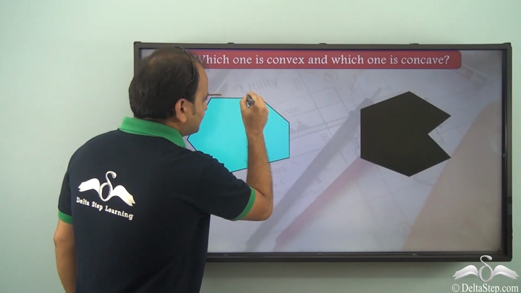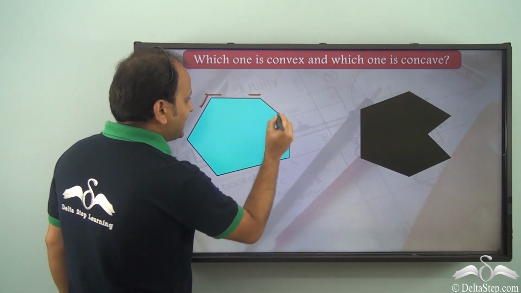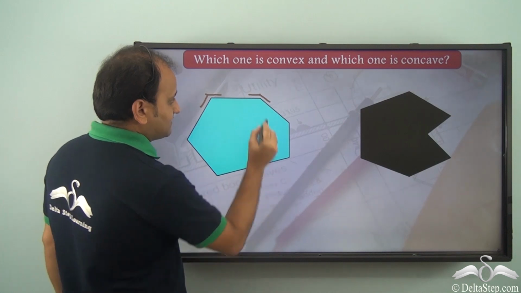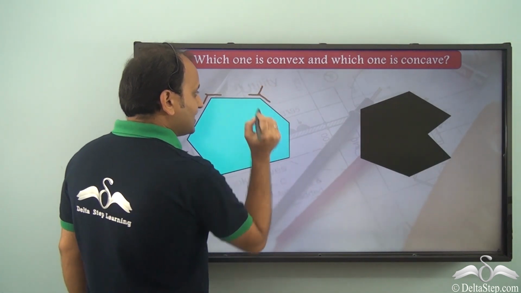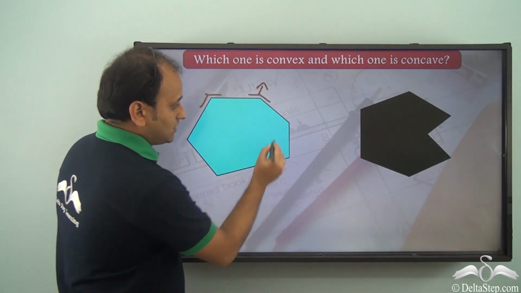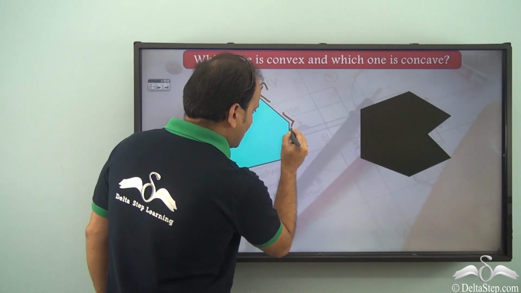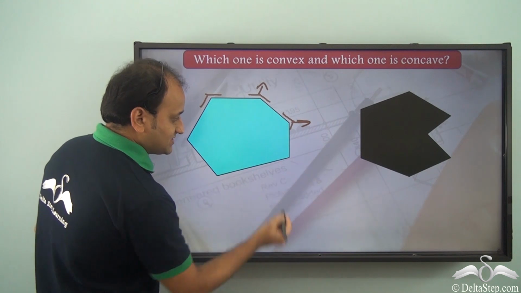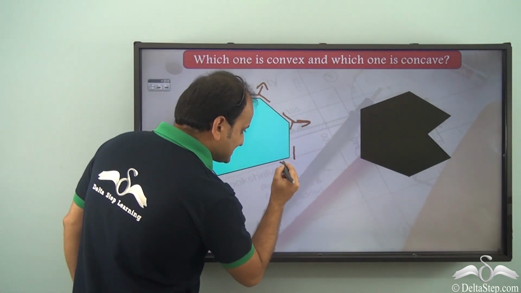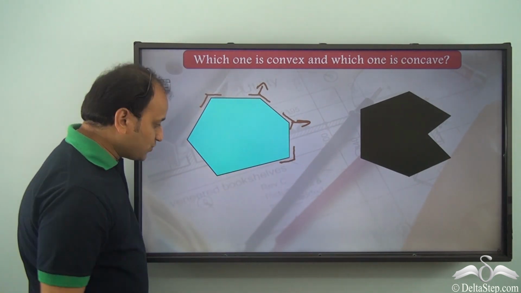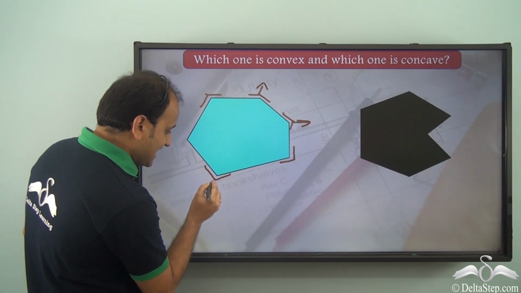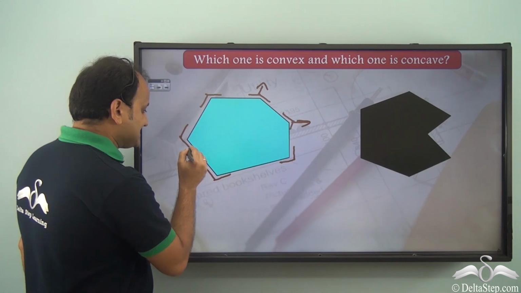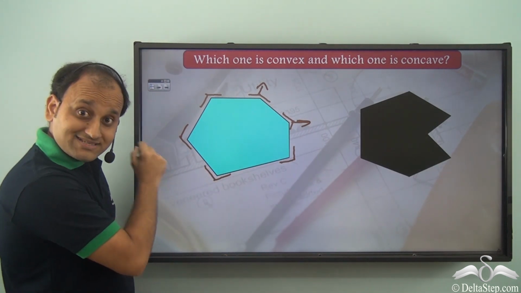So what do we see? This line along this particular side and this line segment along this particular side. Again we have an arrow which points outwards, isn't it? So here again we draw an arrow like this. So we have pointing outwards. Similarly, even here along this and along this points outwards. Along this and along this points outwards again. Similarly, along this and along this points outwards again.